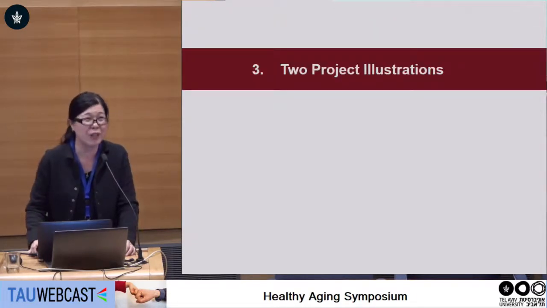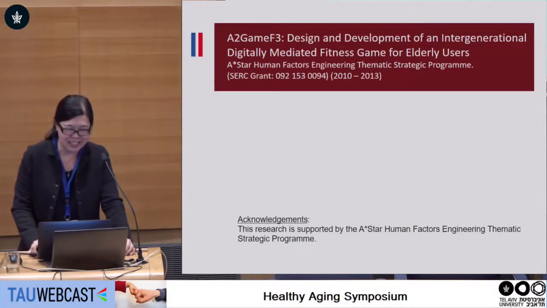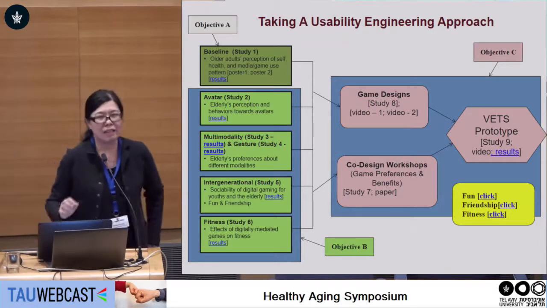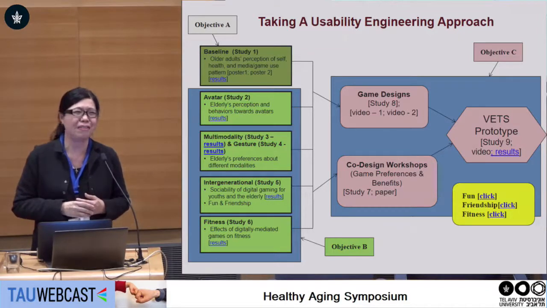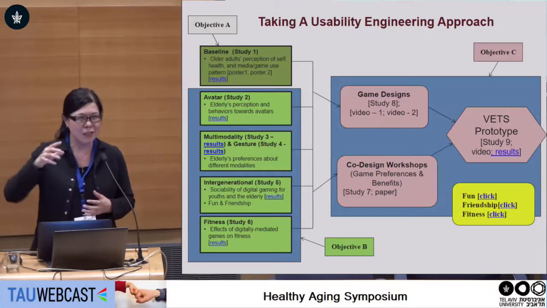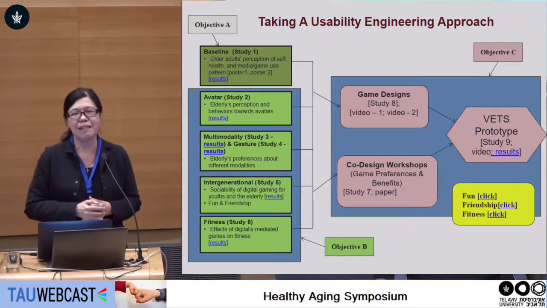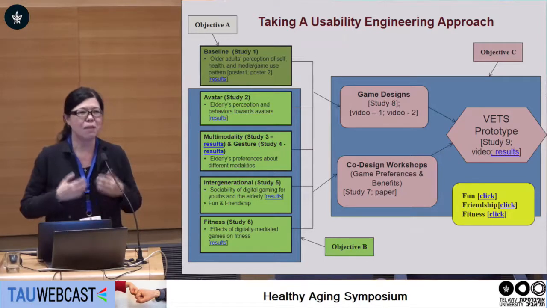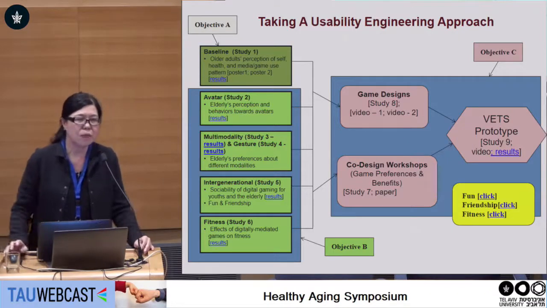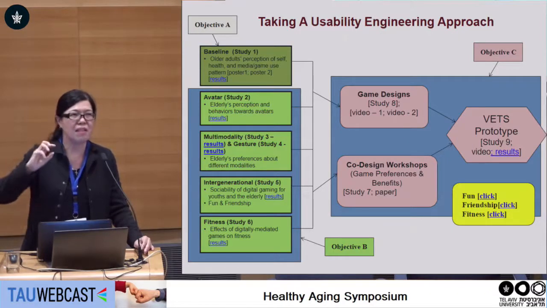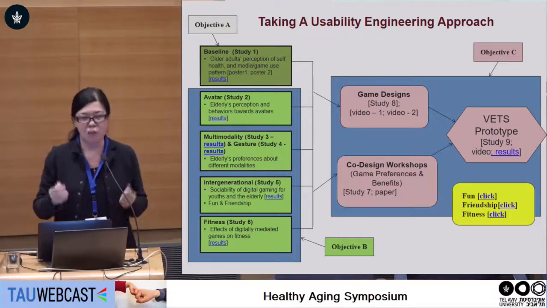Right, and I'm going to go into two projects. These are my two projects. I started this project when I was given funding about 7-8 years ago to look at technology for the elderly. A*STAR, a funding agency, gave a grant to say, okay, please do a study to understand elderly's perceptions of technologies. So I took an approach where I had many studies: if I were to get the elderly to use technologies, what is it that I need to study?